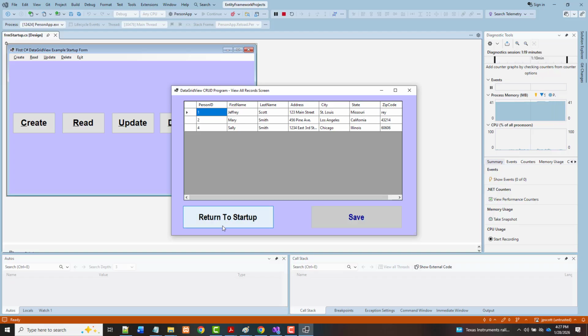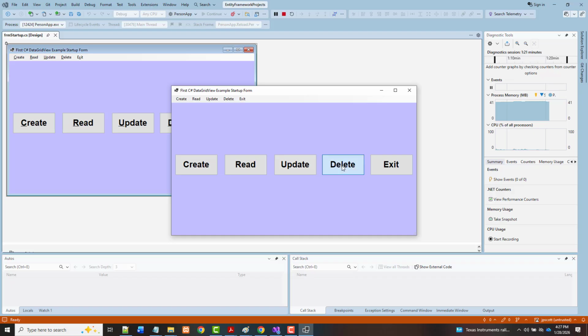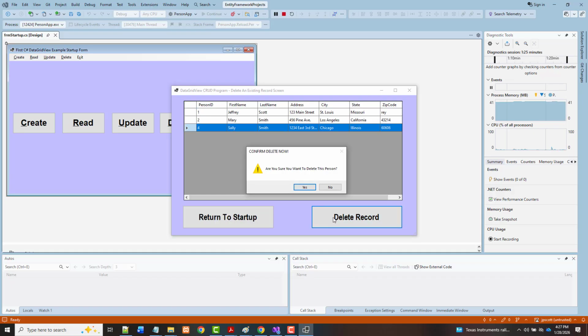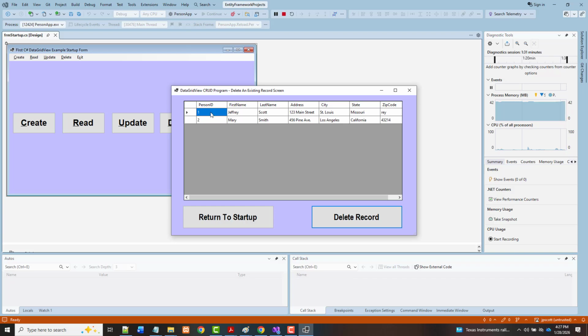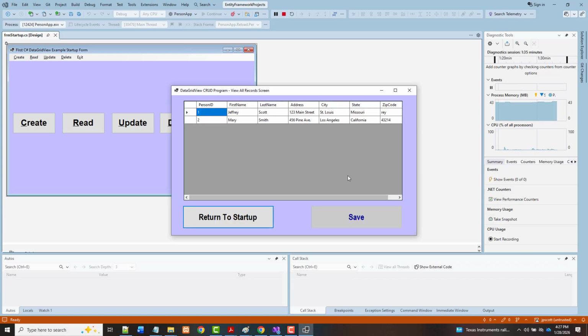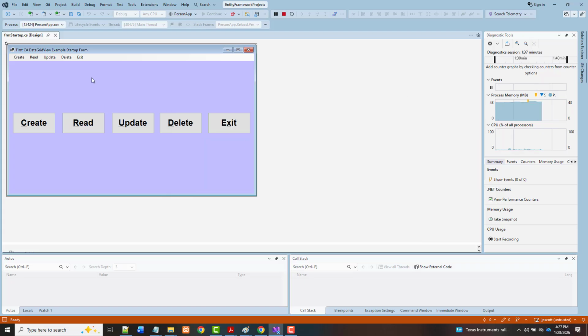Finally, again, if I go back and I want to delete Sally that we just put in here, it'll ask me, are you sure you want to delete this person? And I'll say yes. They're gone. It's redone this, and they're gone. The last thing I want to show you, and then we're going to stop this program because it's basically finished,